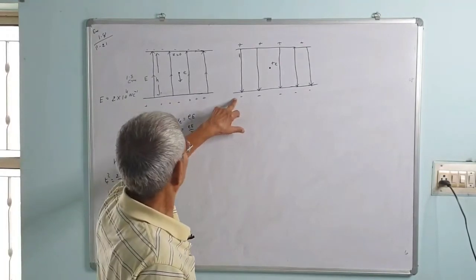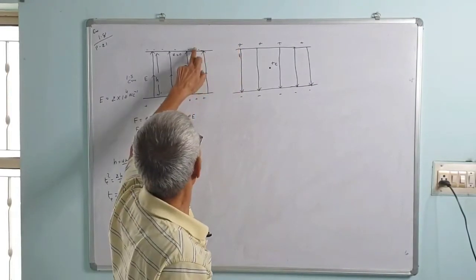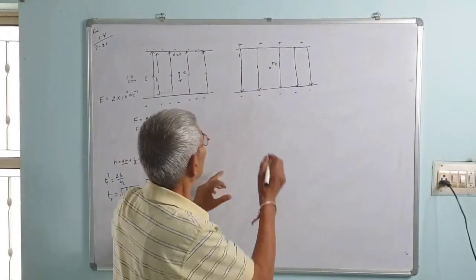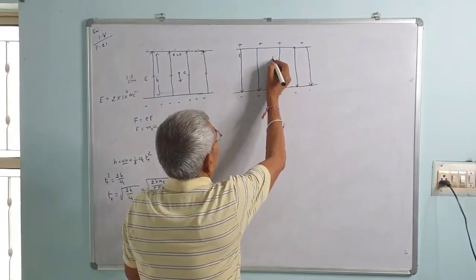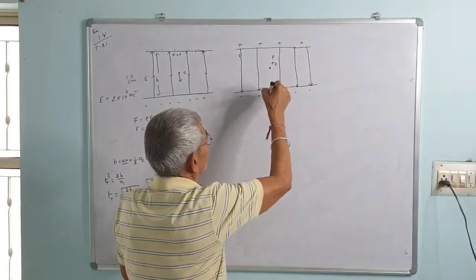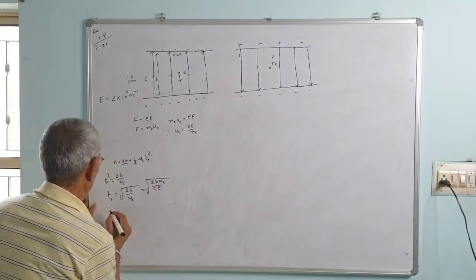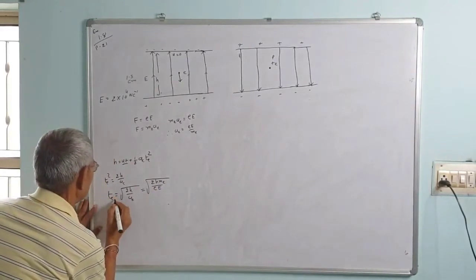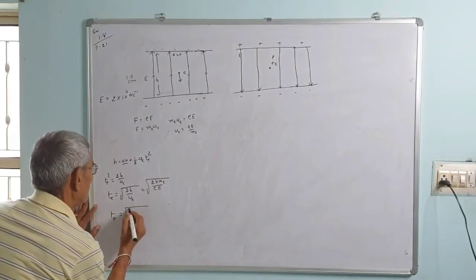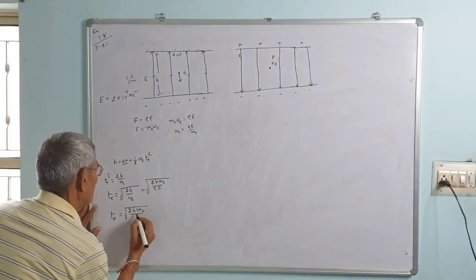The charge on the plates is reversed, so the electric field is reversed. That is, the negatively charged plate becomes positively charged, and the positively charged plate becomes negatively charged. And a proton is allowed to fall. The proton, that is plus e, being a positively charged particle, will be repelled and will move towards the negatively charged plate. In the same way, T for the proton we can write as the square root of 2h m_p upon eE, as the distance and electric field strength are the same.